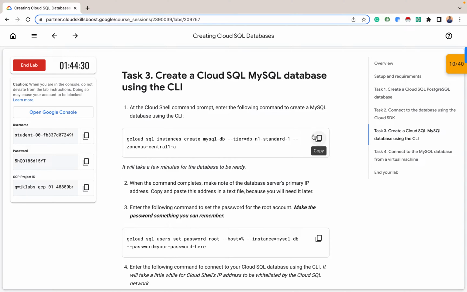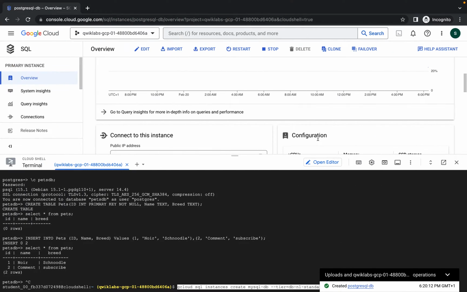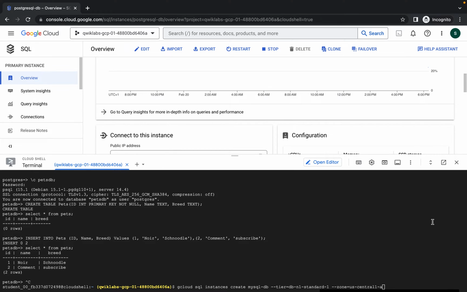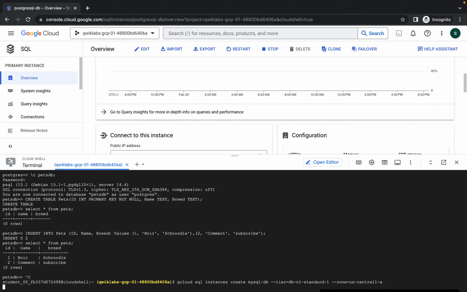So the first thing is the command to create our database. Cloud SQL instances create. This is us specifying the name of the database, in this case MySQL DB. And this is the tier of our database, and these are the machine type. This is the zone. So when you use this, from here, when you click on enter,